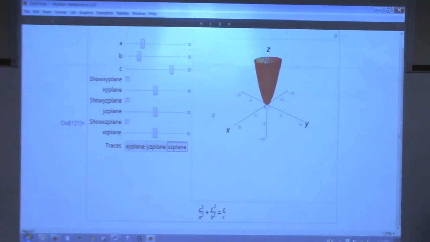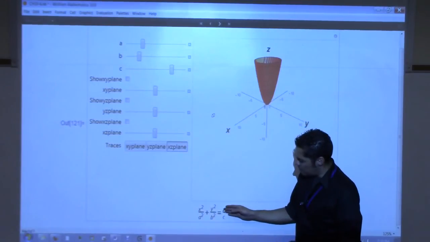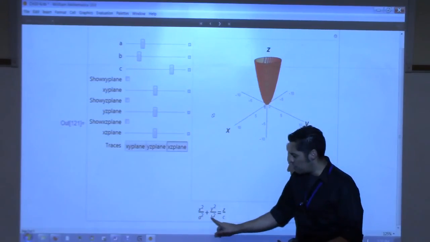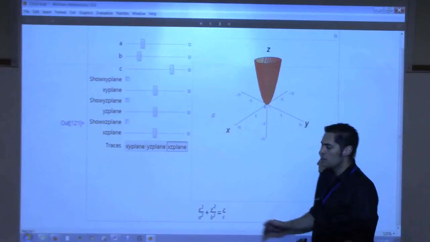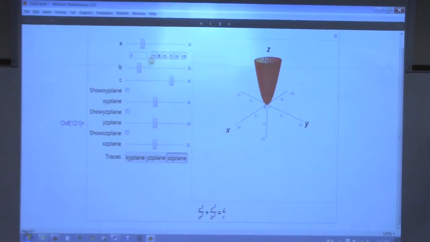If Z is a constant, right? I'm sorry. Yeah, if you hold Z to be a constant, and let A and B be the same thing, that's going to be a circle. Like if these numbers are the same, that'll be a circle. So if I change A and B to be the same values,